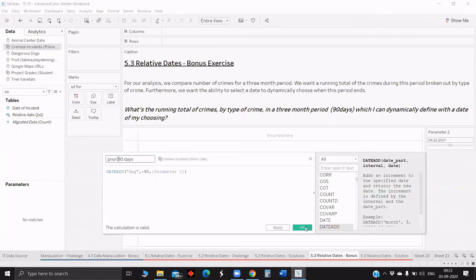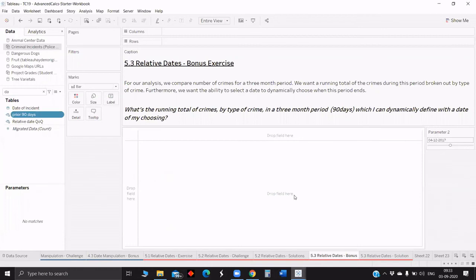Now the logic we can write is: if date of incident is greater than the prior 90 days date and less than the parameter 2, then show me the date of incident. This way we will be able to get whichever days we would like to view based on the parameter we choose.